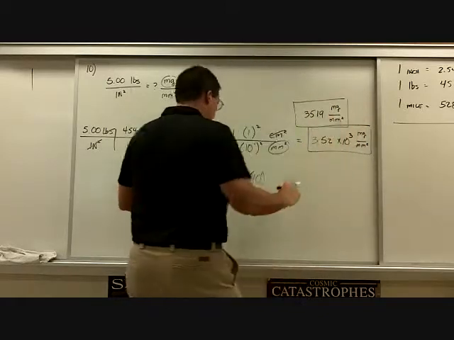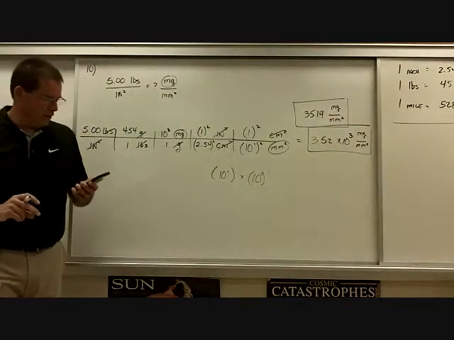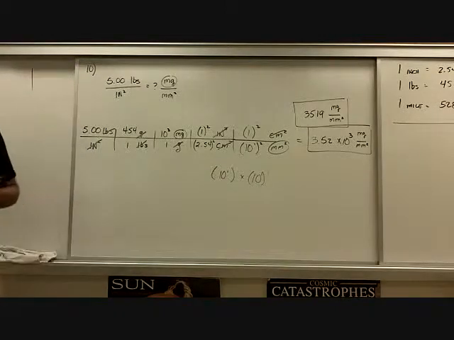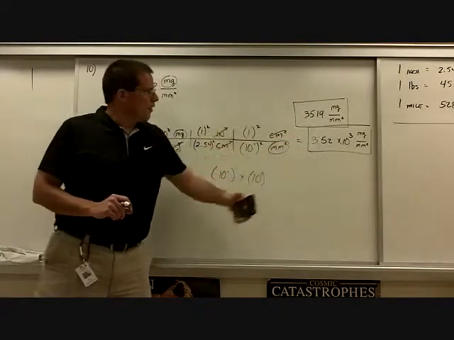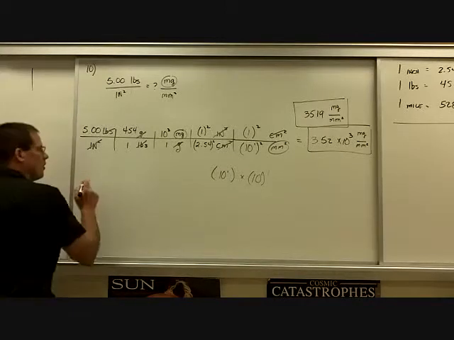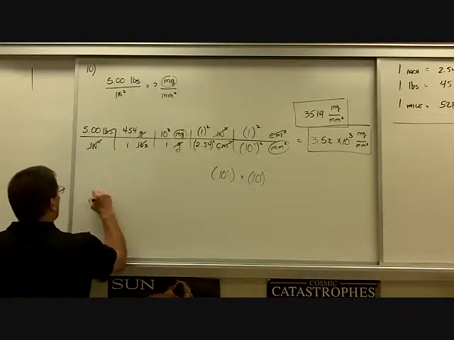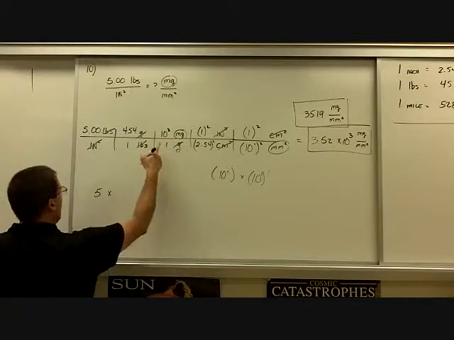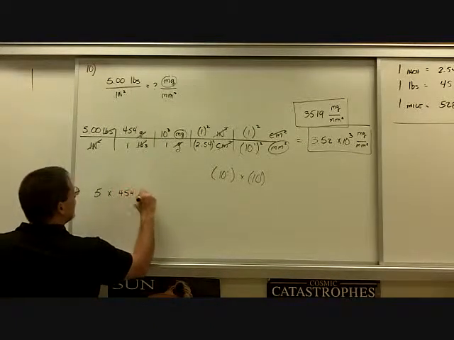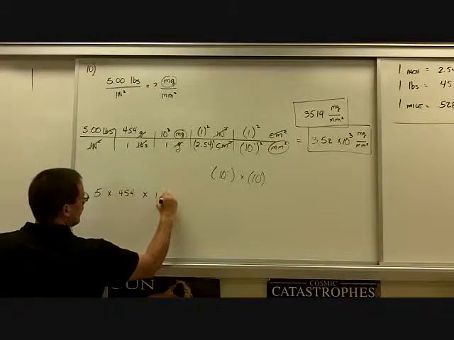So either one of those, I had 3,518.507037. Good, bad. Am I way off? What'd you get again? Right here. 3,500. Oh, that is not what I got. Here's how I would type it in. So 5 times, I don't remember if I did that. Yeah, I did. 454 times,